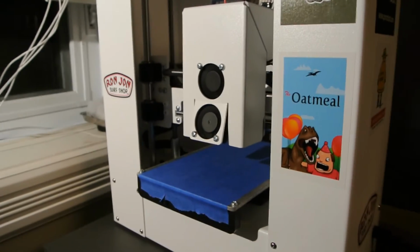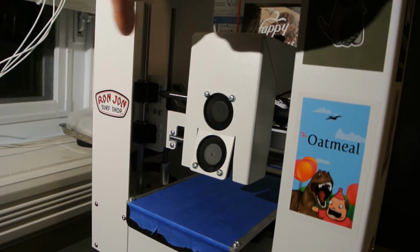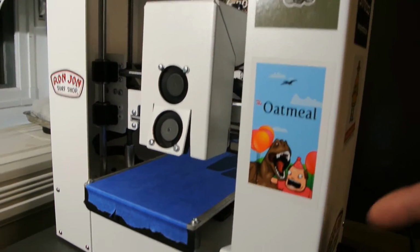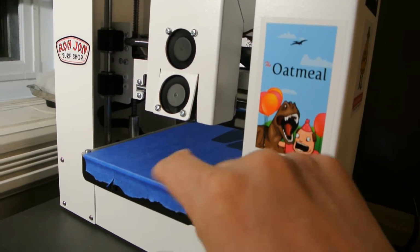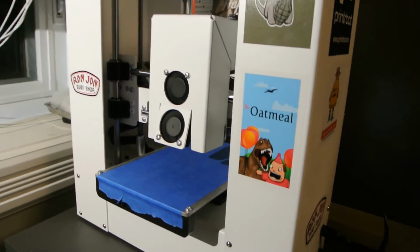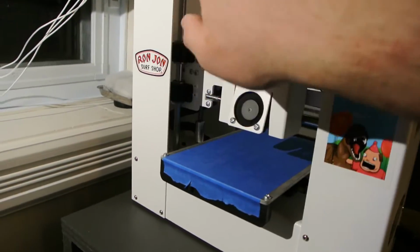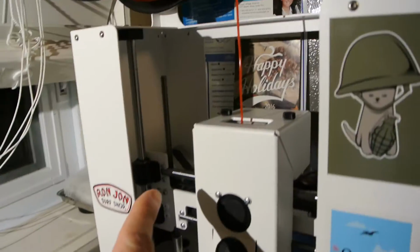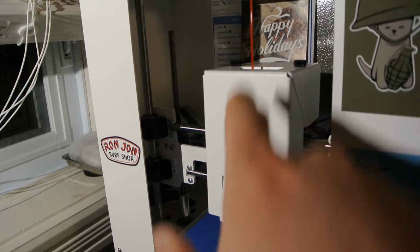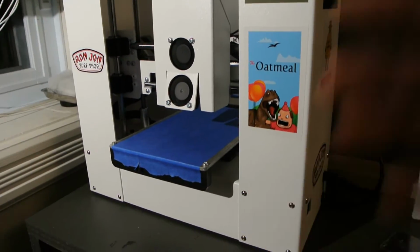let's focus back in here. What happens is this moves in an x-axis, and this moves in a y-axis. This bed actually moves back and forth, which can give this a smaller form factor, I think. And then your z-axis, obviously, there's a stepper motor in behind here, well, a couple stepper motors, and it moves this unit up and down. So this does this way, and the print bed goes back and forth this way, which gives you 3 axes